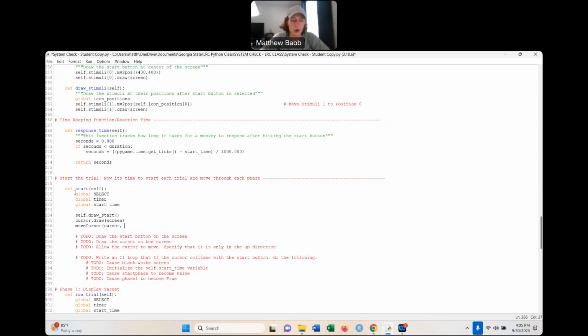And we want to move it only in the up direction. And so that's the way you do that through that code. So now you can't move side to side or down, but you can move up to the start button. So now when we run it,